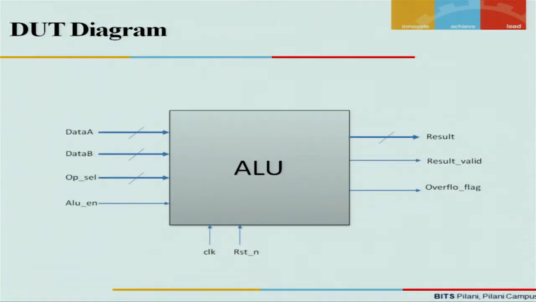it will be better understood by you that data A and data B are the 2 multi-pin input operands. Operation select is a 2-bit value, so 4 possible operations can be told to the DUT, which could be addition, subtraction, multiplication, and division. And apart from these three inputs, the DUT shall also be given an ALU enable input, which will act as a trigger for the DUT. And all the operations shall be performed at the passage of clock. That is a condition for the DUT.